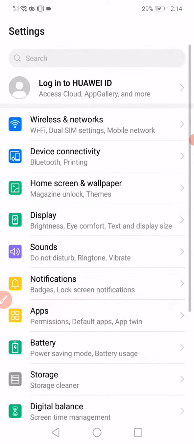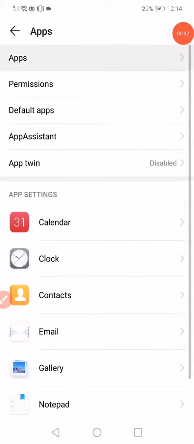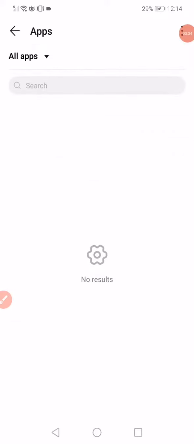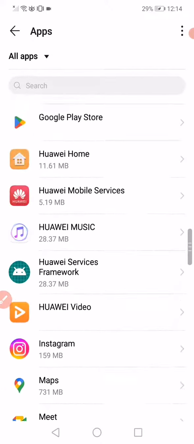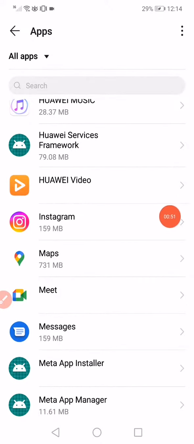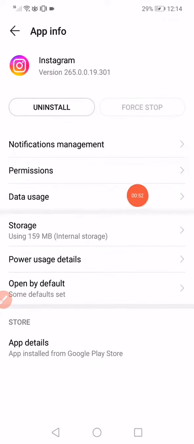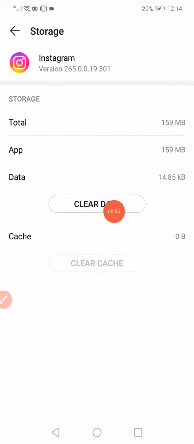Go back to the settings and open the apps manager. When you open the apps manager, on this page you will find the apps that you have in your phone. So what you want to do is scroll. Scroll until you find Instagram, click on it, click on storage, click on clear data, and